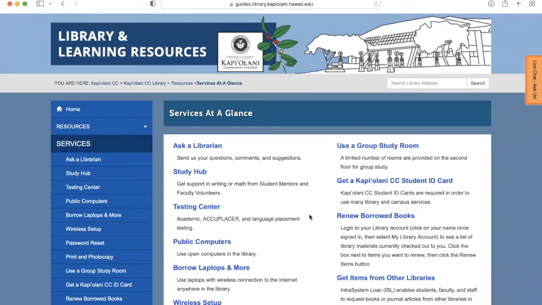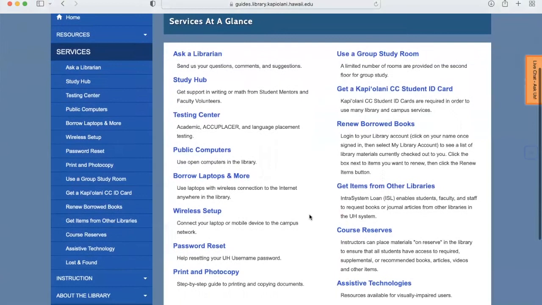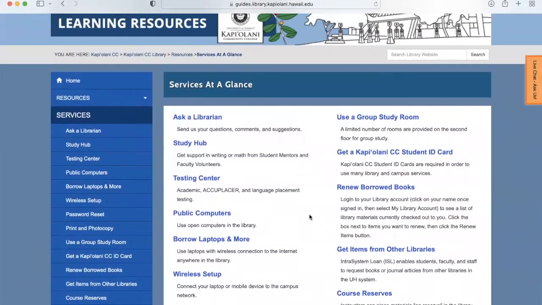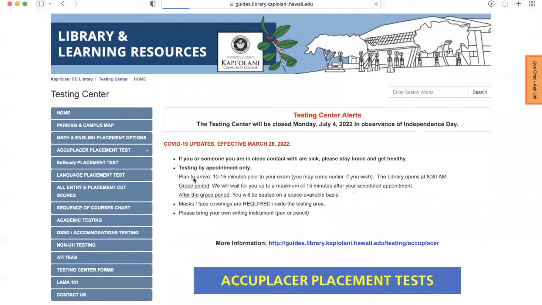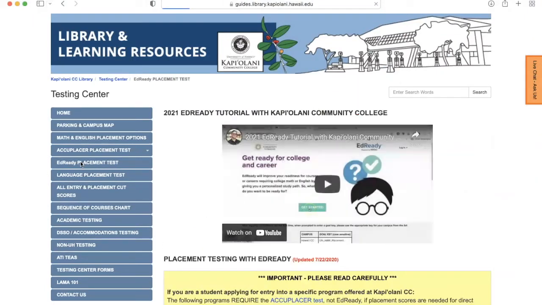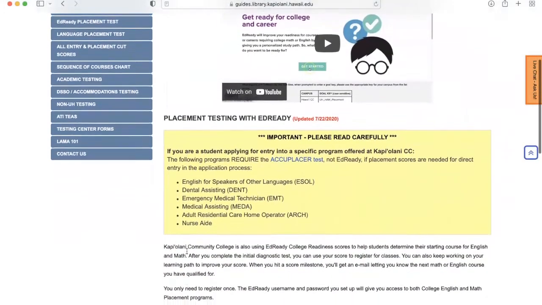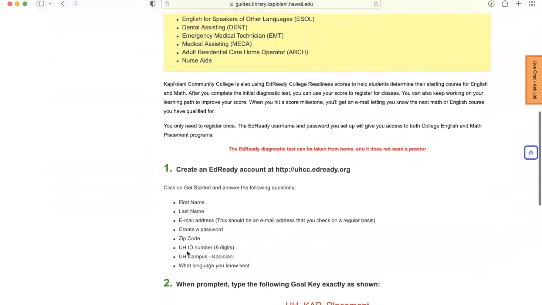Here, students will find many wonderful resources the library has, but let's focus on EdReady. So let's click on Testing Center. Here on the Testing Center website, students will click on EdReady Placement Test, and there you will find important information on taking our EdReady Placement Test.